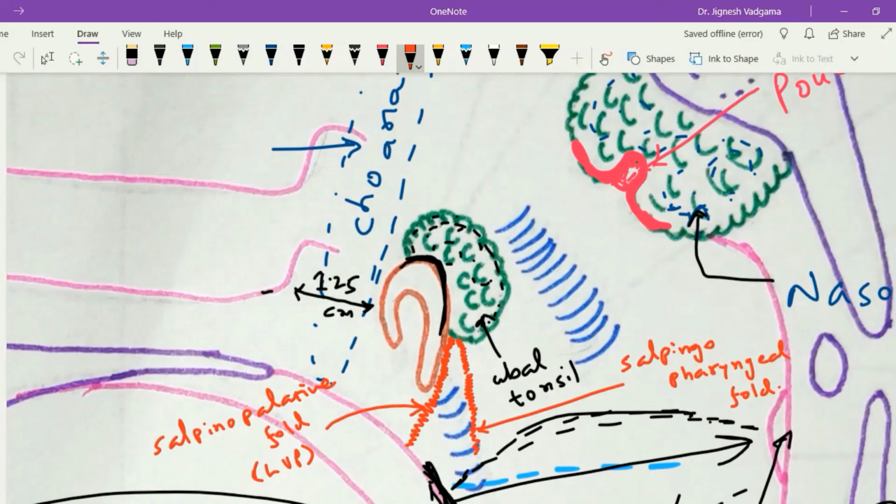Now within this lateral wall of the nasopharynx, one more feature is there, and this is a depressed fossa just behind the tubal elevation. This fossa is called the pharyngeal recess, or the fossa of Rosenmuller. This pharyngeal recess is present between the levator veli palatini and longus capitis muscle, which is present just underneath the mucous membrane of this lateral wall of the nasopharynx. So this is all about the structures within the nasopharynx.